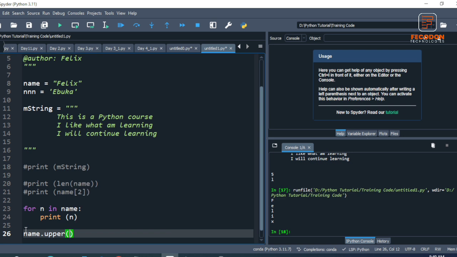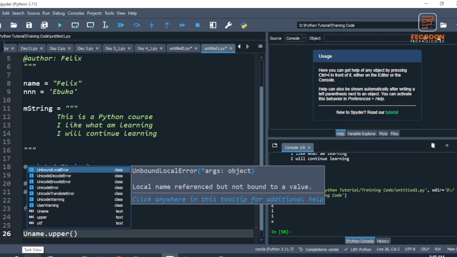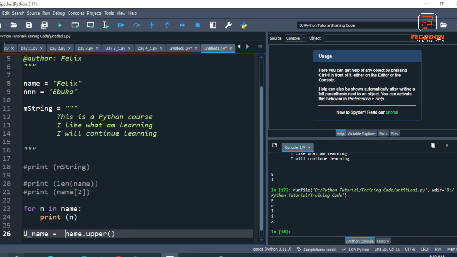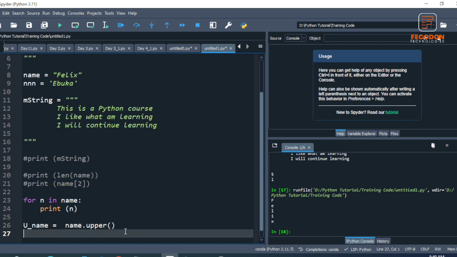This line of code will return a string that has been converted to uppercase. I can pick whatever it returns by saying uname, that is upper name, is equal to name dot upper,